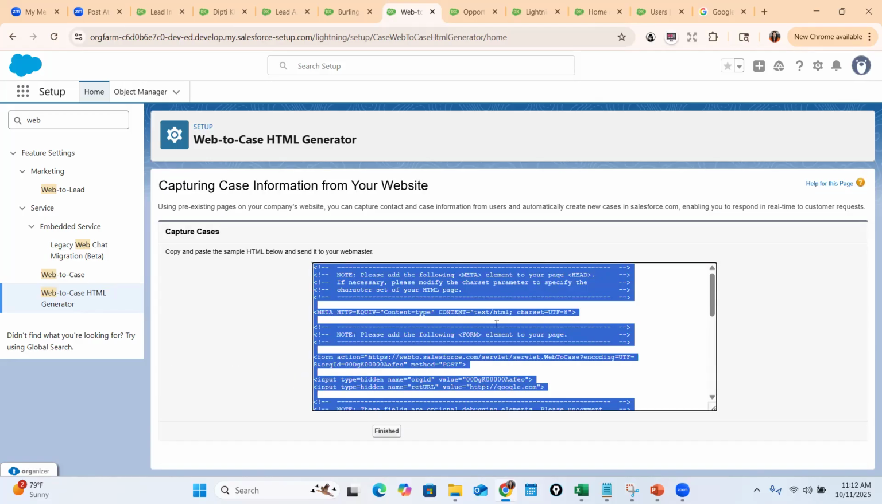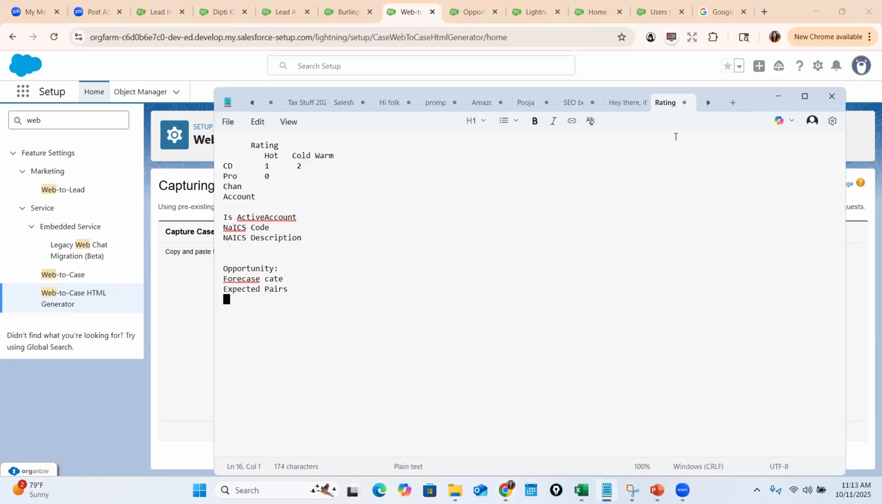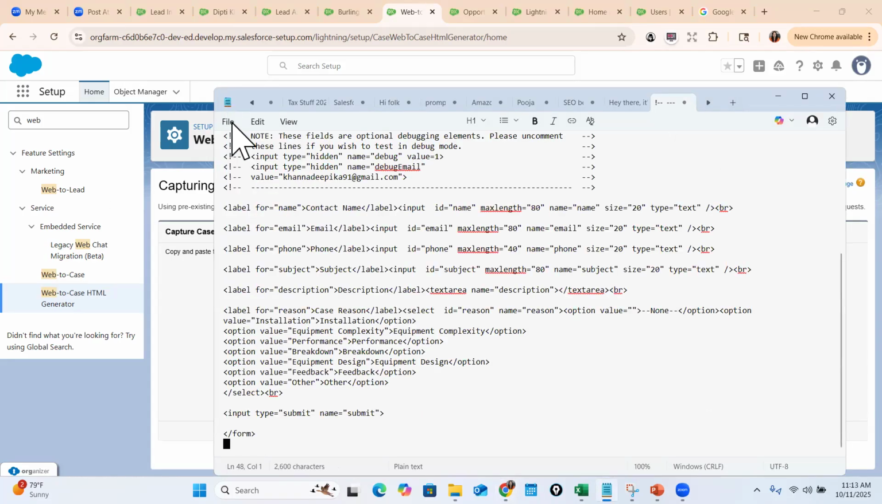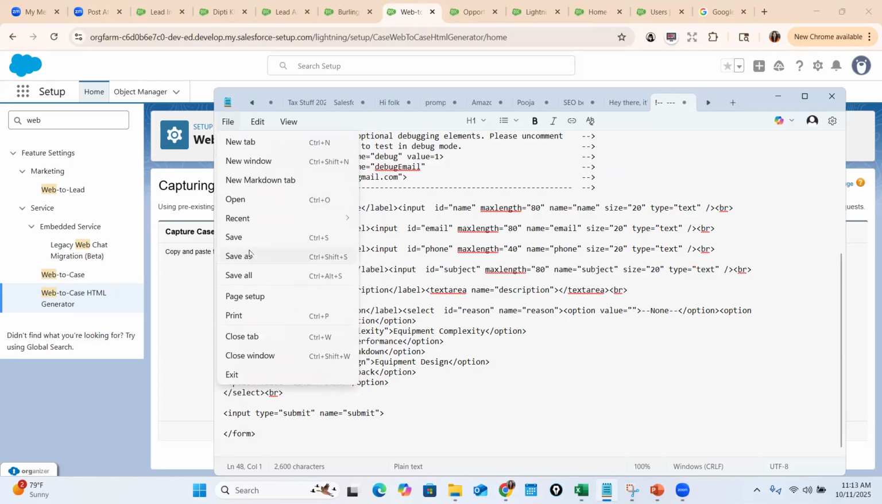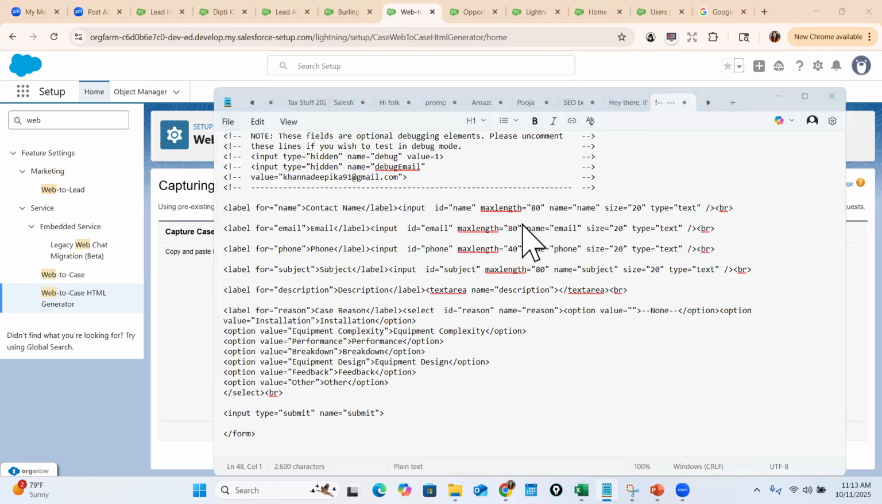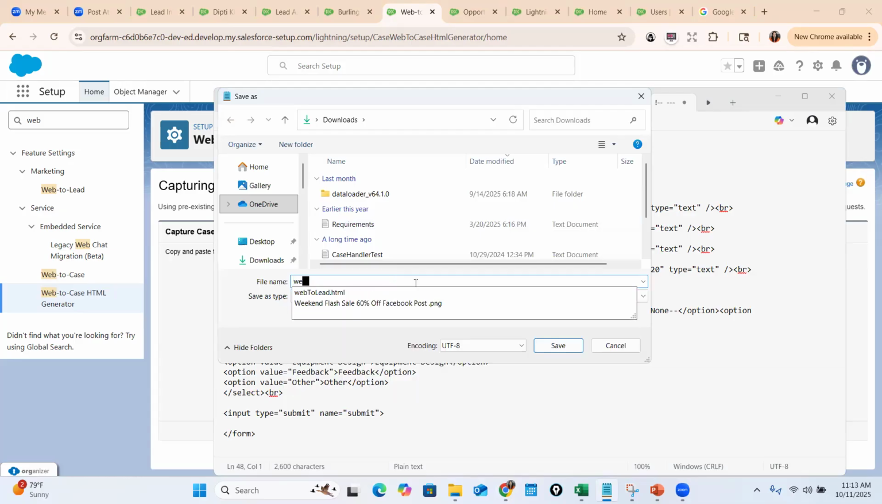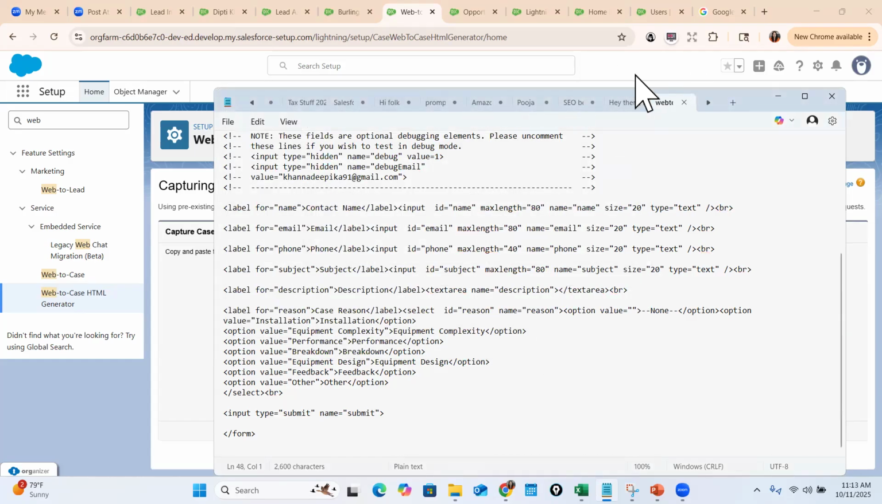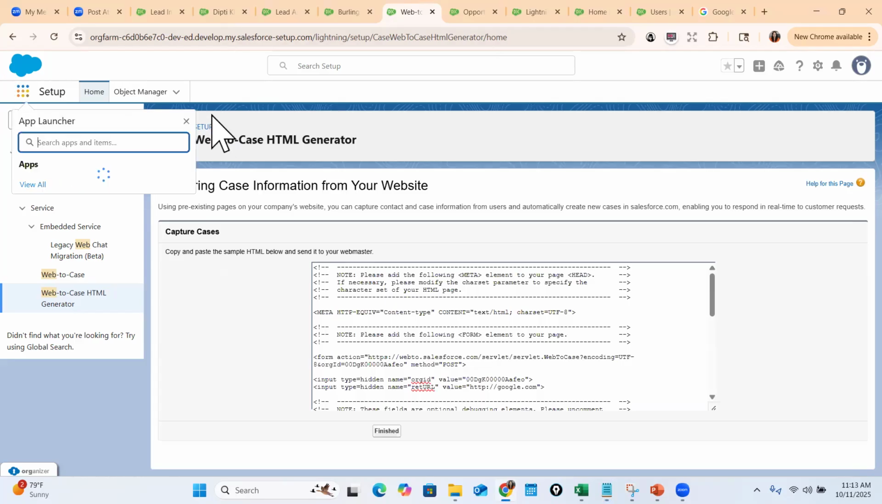Generate, this is the code you will send to your developer, and we will save it over here. Control A, Control V, we will go ahead and file, save. And here we will call it web to case.html, and you will go ahead and do all files, hit save. And here, if you go to cases,